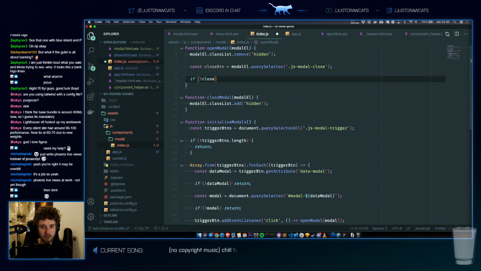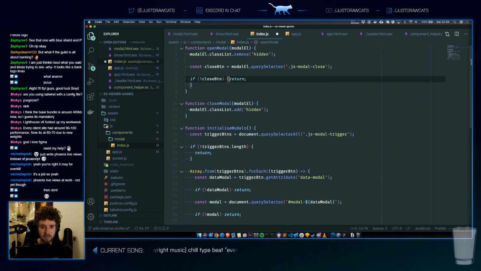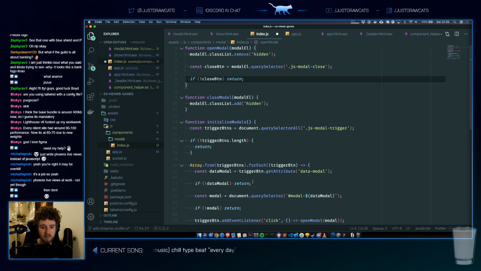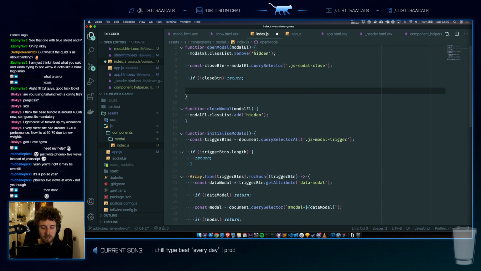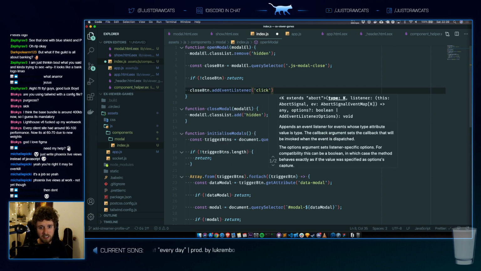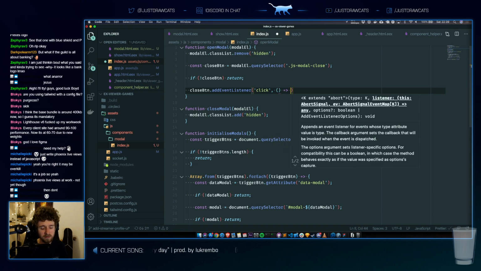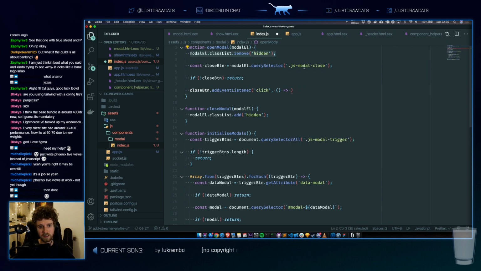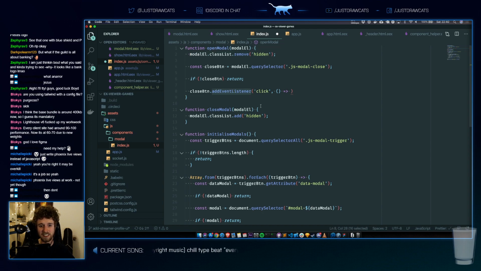If you don't have a close button, which is not possible, then do nothing. If I do have a close button, add an event listener to it, on click to just hide the modal. And the problem is that these elements are not removed from the DOM when they close, so then I have to remove the event listener again. It's just nasty.